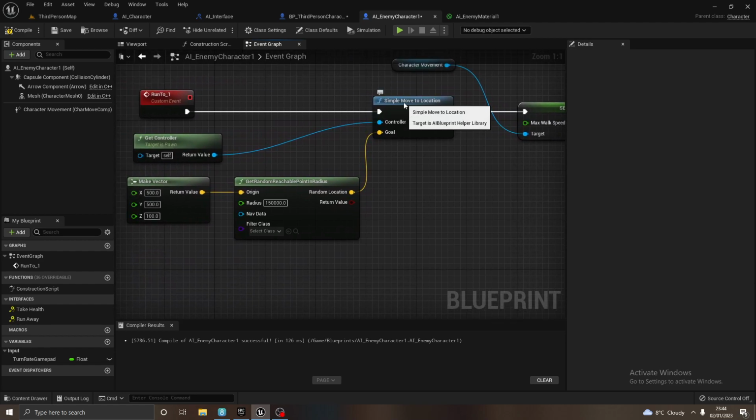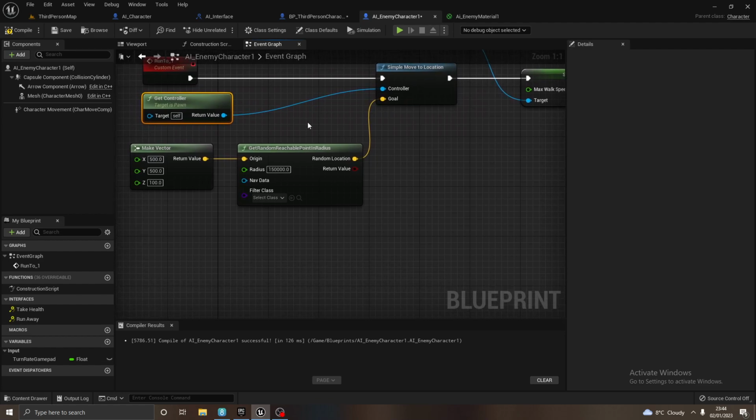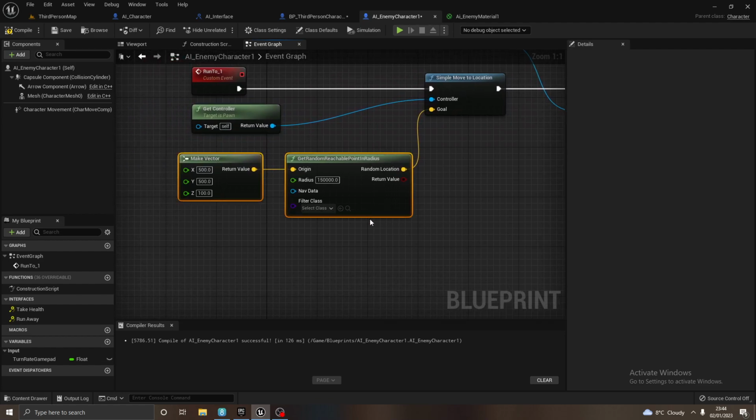So with the simple move to location, we're getting the controller to make that move, but we want to get the goal. So what we need to get is we need to get